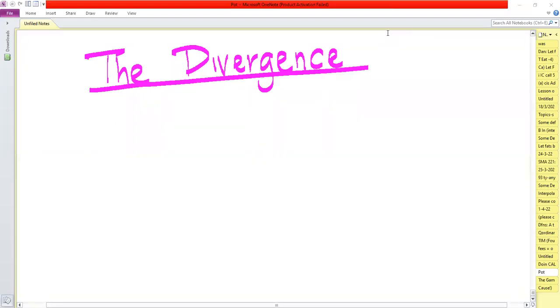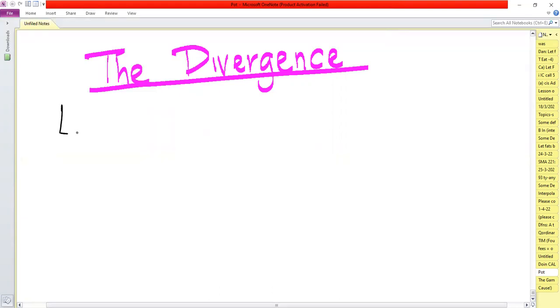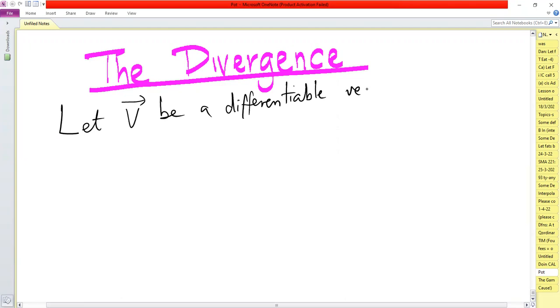In this session, we introduce the concept of the divergence. So give the definition and then do one or two examples on the same. So let V be a differentiable vector field. So V is a differentiable vector field. Then the divergence of V